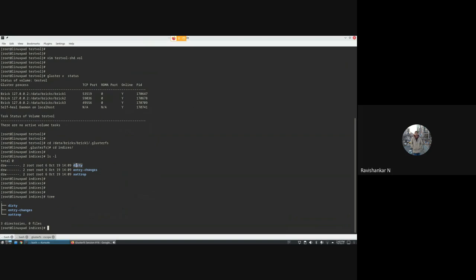So inside dirty also you will have to scan for the list of GFIDs, because the goal of AFR is to ensure that the contents on all the bricks are the same. That is the correctness as far as AFR is concerned. We might have returned failure to the application, and there might be partial writes on one file, but the goal of self-heal is to ensure that whatever the partial state is, it is replicated amongst all bricks and they are consistent among themselves.